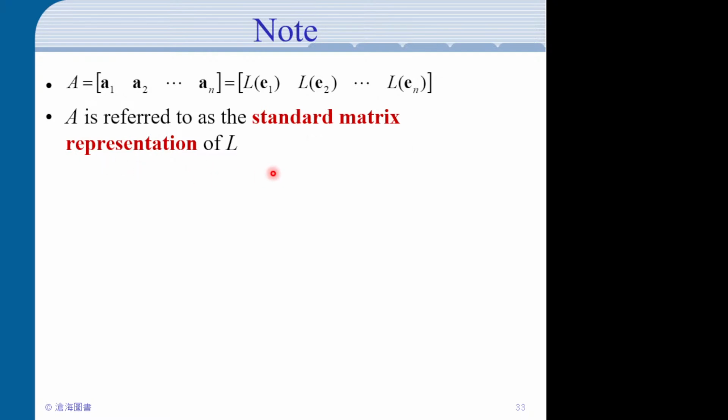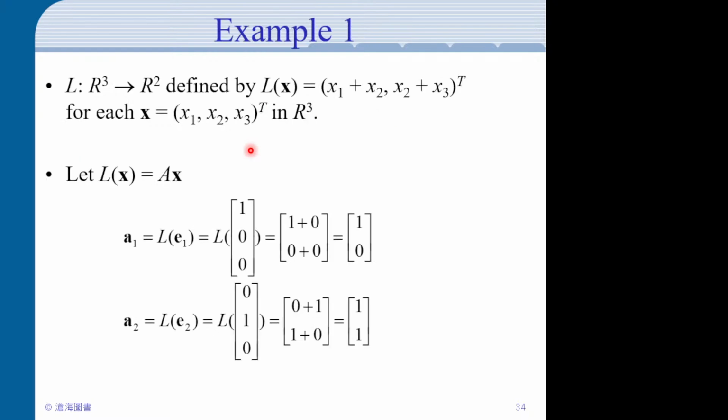So we have the representation, and representation usually means a matrix. Representation means you have some kind of abstract linear operation, maybe an abstract algebraic concept, and you relate it to a matrix, then it's called a representation. So this is the standard matrix representation of our linear transformation L. Okay, question? If not, let's see